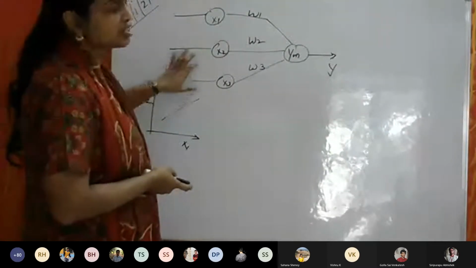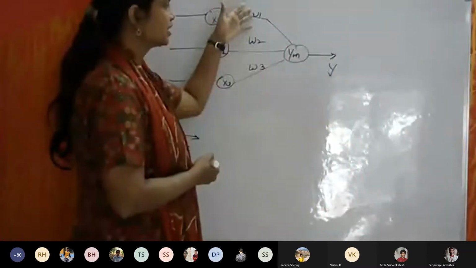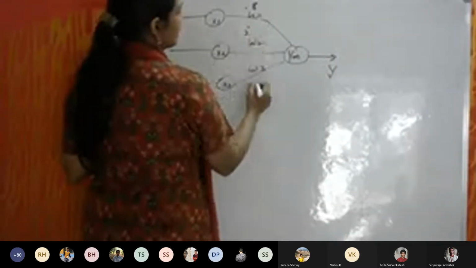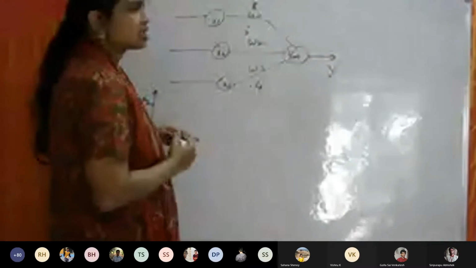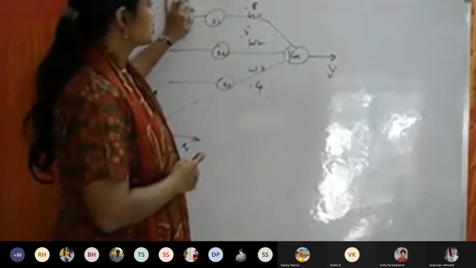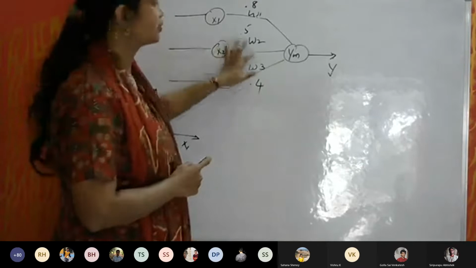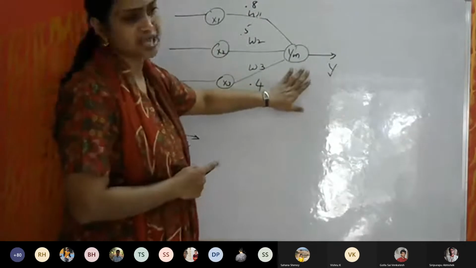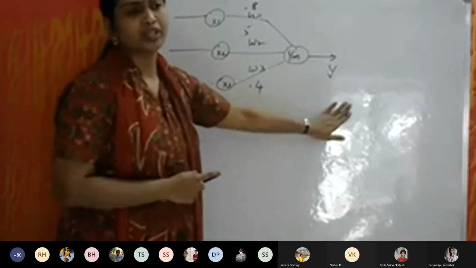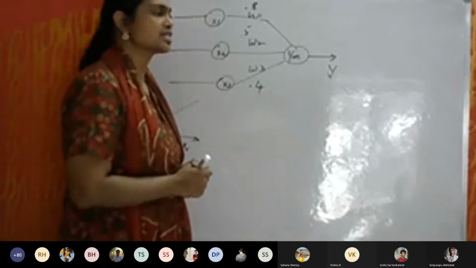So for each input, I will give a weight. This weight need not always be equal to 1. Each weight is independent of each other. So I give 0.8, 0.5 and 0.4. Then it depends on what value I get. Okay. So now my input will be multiplied by this. Similarly, this input and this input will be multiplied by this, and then you have a sum value. And then this sum value should give me an output, isn't it? It should give me a response. That output is also called a response.